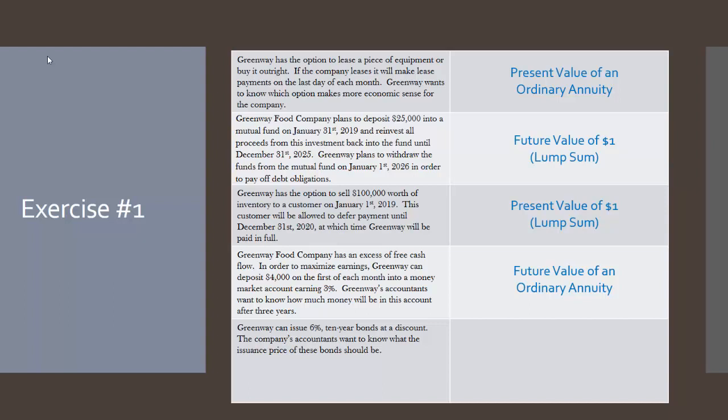We're going to need 2 factors here. We're going to need the present value of 1 for the principal that's going to be due on the maturity date, and we need the present value of an ordinary annuity for that series of interest payments we're